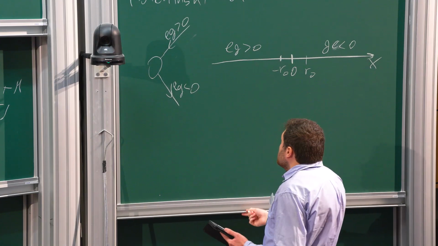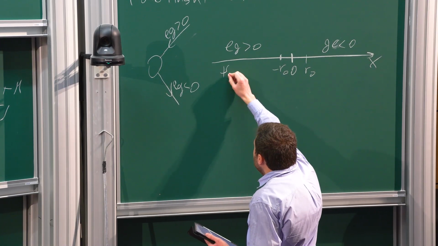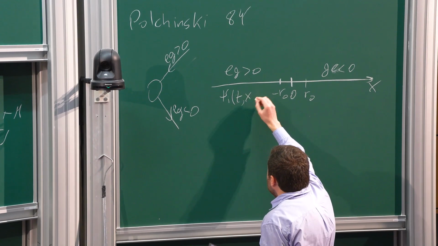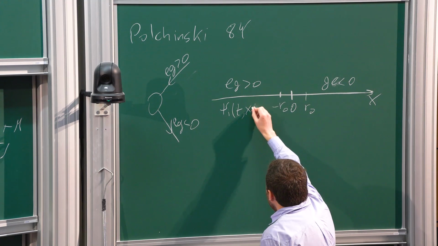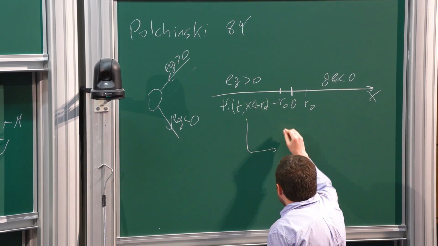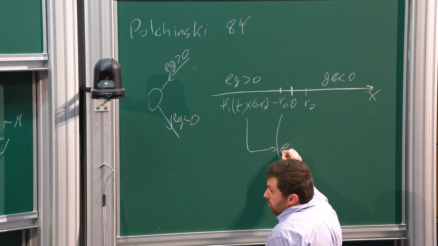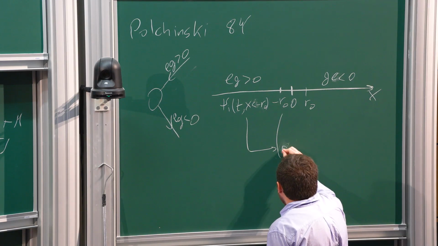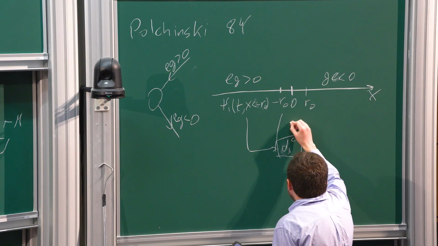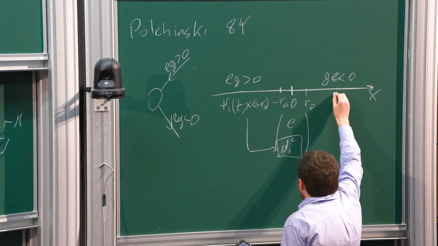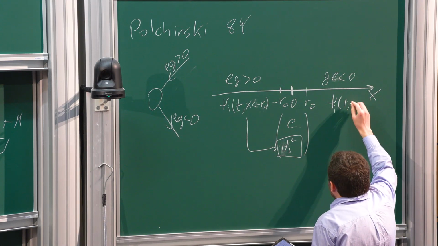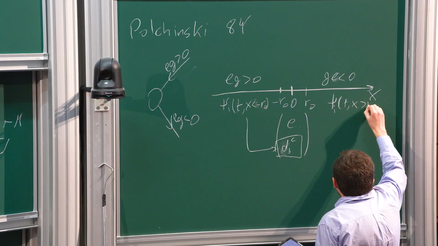I will introduce a single right-moving fermion field for each doublet, such that if it is evaluated at the negative side of the axis, it corresponds to the lower component, because the lower component is ingoing. And if it is evaluated at the positive side of the axis, it corresponds to the upper component of the doublet, because it is outgoing.